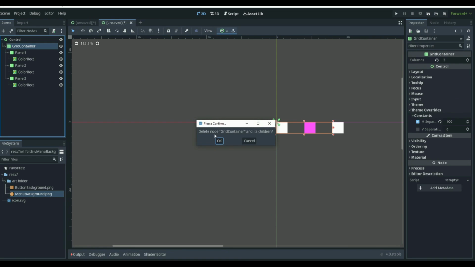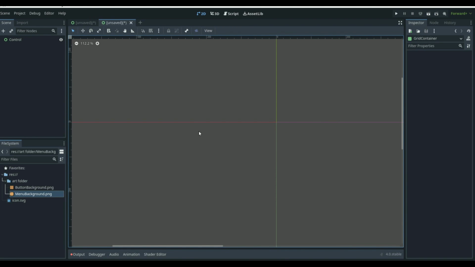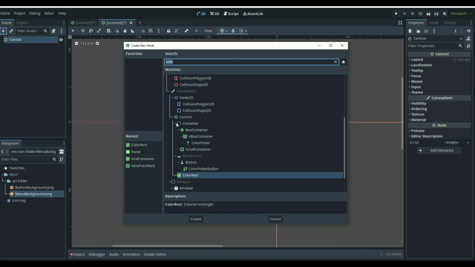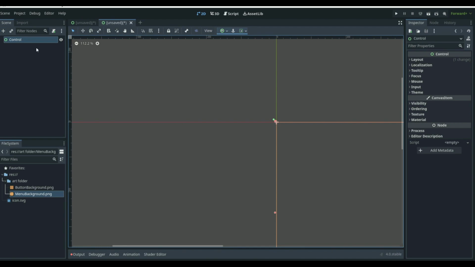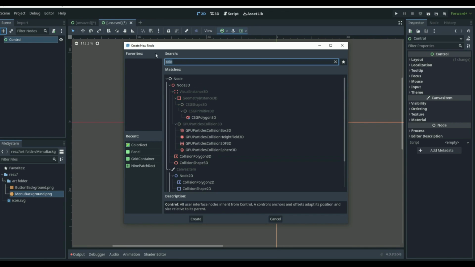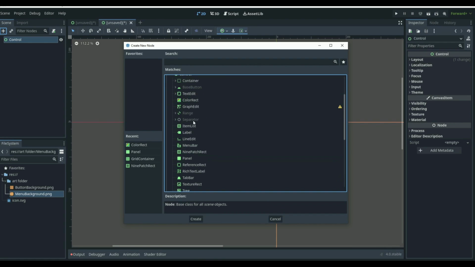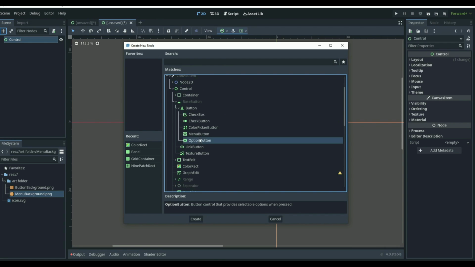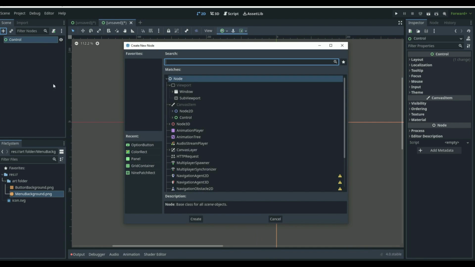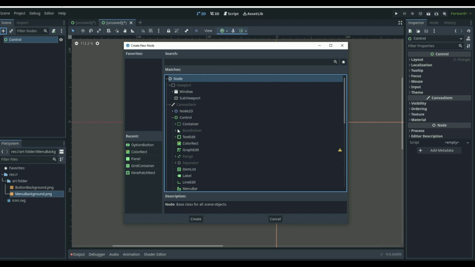Obviously, we're going to go over this more in depth in example 2 when we're actually using it. That was just a very basic example. But we have a bunch of different stuff in here. For example, in our control area, here, we're going to have things like buttons, which we're going to have a ton of different buttons, some that have their own custom functionalities. Or we're going to have basically the base buttons, some buttons that we're going to end up using in this video, right? So we're going to end up using the